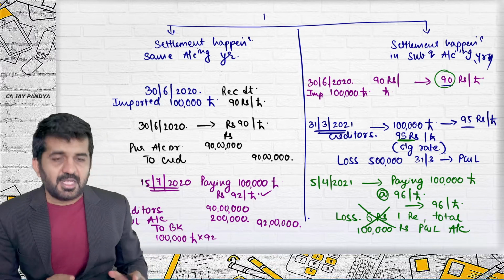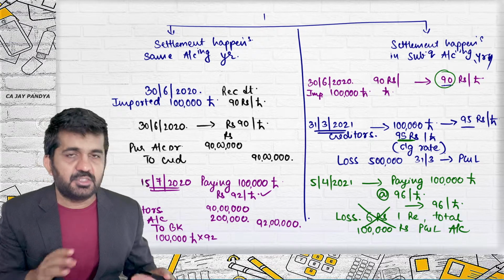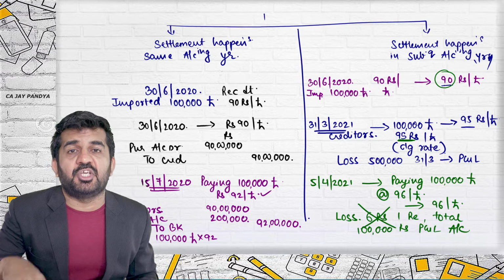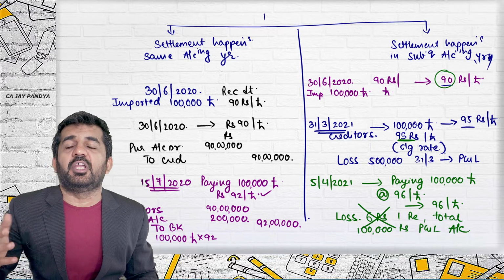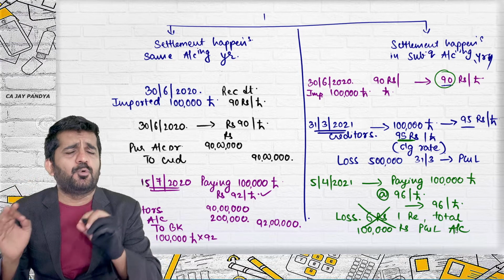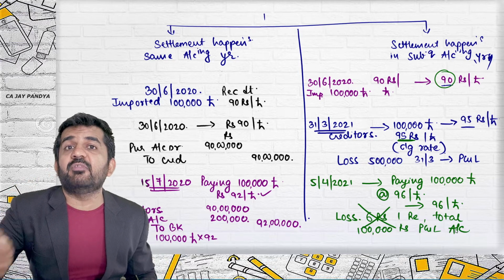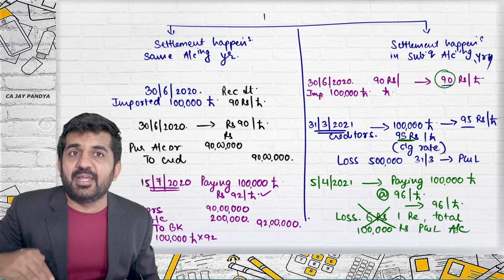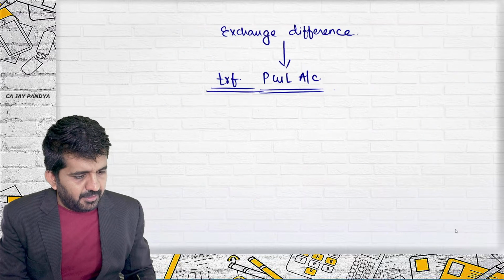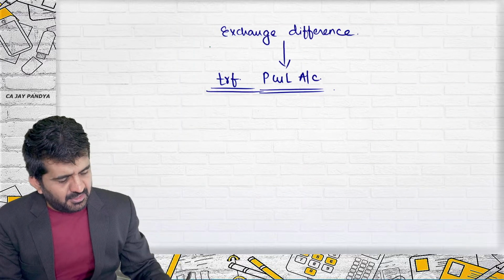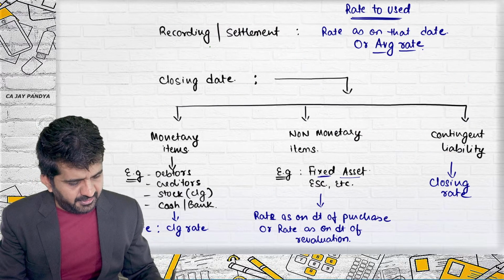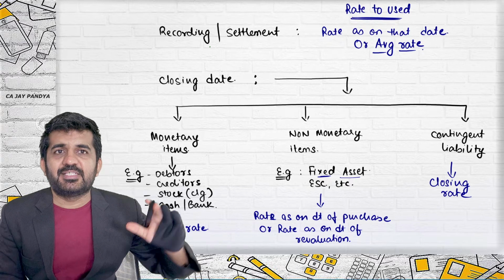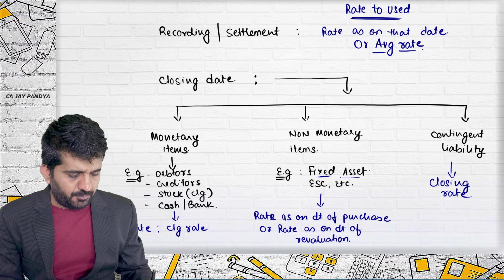Now, these are only transactions in foreign currency. As I told you, we are not having a branch in a foreign country and we are converting dollars into rupees. These are just import and export transactions or investment transactions which you might be getting. Say if you made an investment, can any student help me out? Is investment a monetary item or non-monetary item? I have invested $1 lakh in say Microsoft Incorporation.